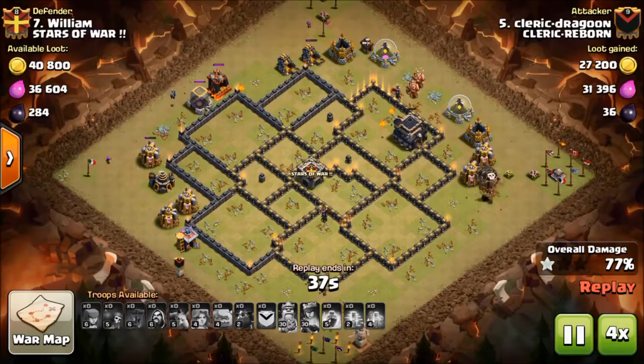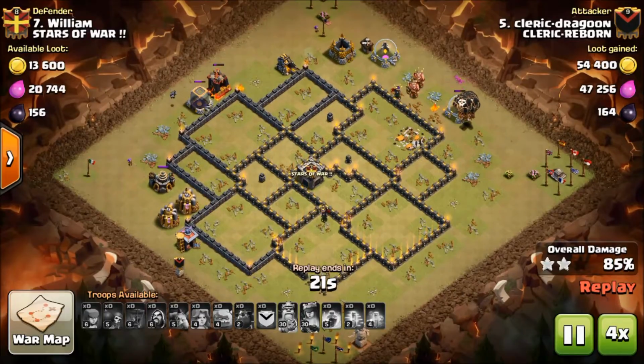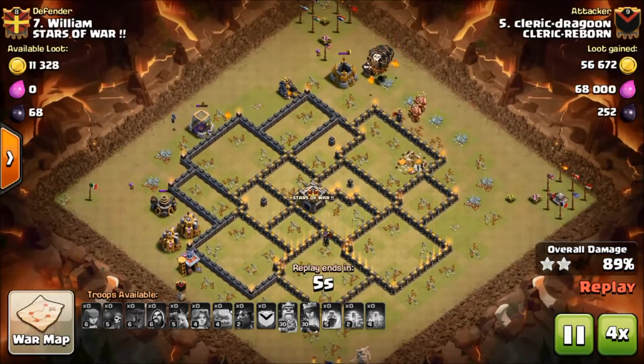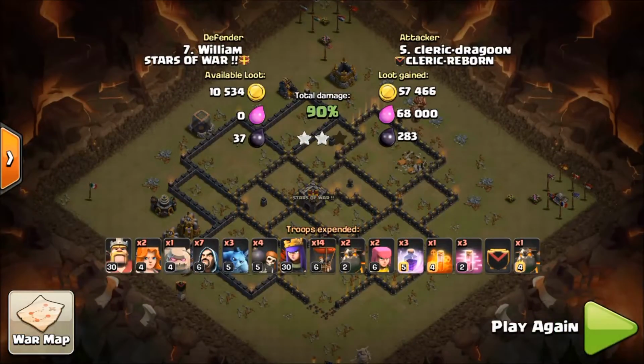And the great thing about our team, a lot of our attackers are very seasoned, and they can see where an attack went wrong. And so that's when we look at the next attack on this base. Ios takes this base. Yeah, I ran out of time, 90%. And Ios is going to take this base,